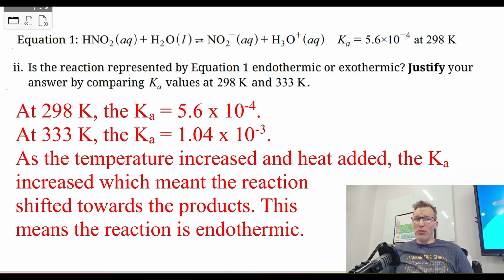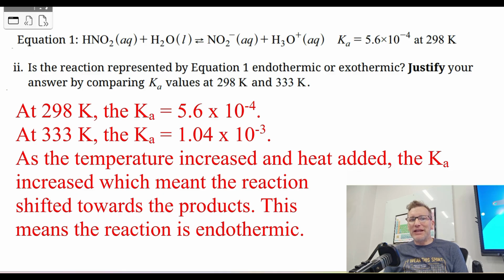They wanted to know, was this reaction endothermic or exothermic? Remember, when we change the temperature, it changes the K value. You can see that's clearly shown at 298. Originally, it was 5.6 times 10 to the -4. We found out that it was 1.04 times 10 to the -3. The Ka value went up. I know it looks like it goes down from 5.6 to 1.04, but if you actually look at it,